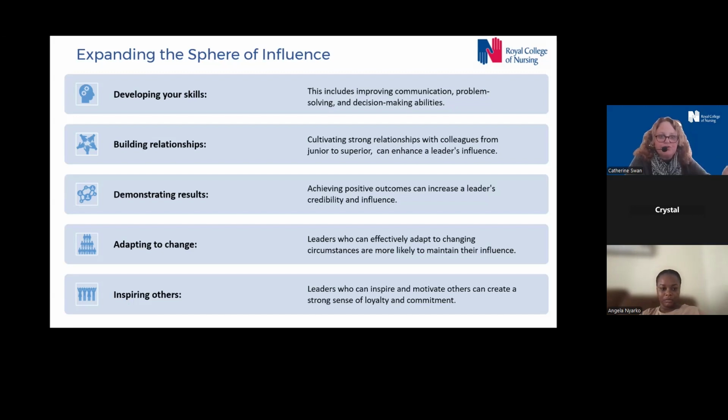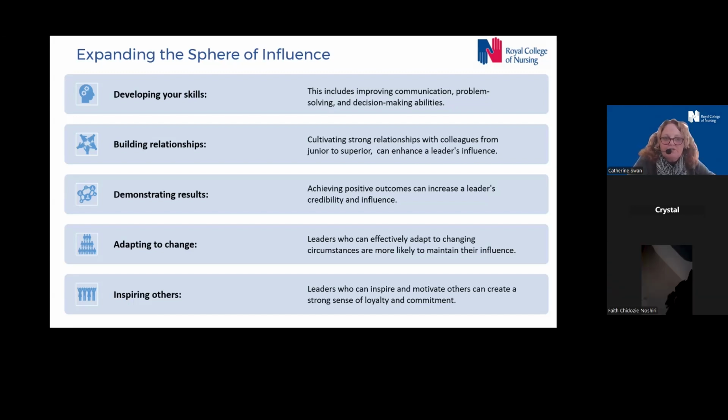So whether you're introducing a new policy or whatever that has come into play, by doing that you're more likely to maintain their influence as well, if that makes sense. So if you have built up that network and you've shown you're able to adapt, you're that role model that someone mentioned earlier, you've been listening. And again, they'll say, do you know what? That's really, really good. I'll remember that for next time.